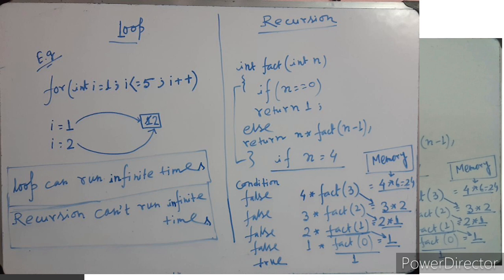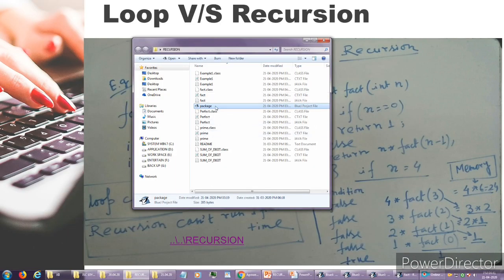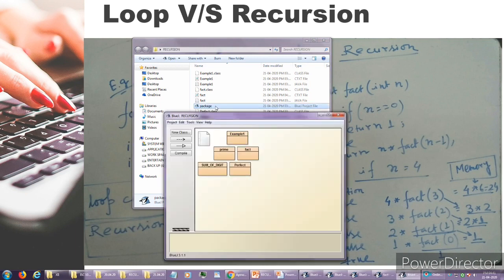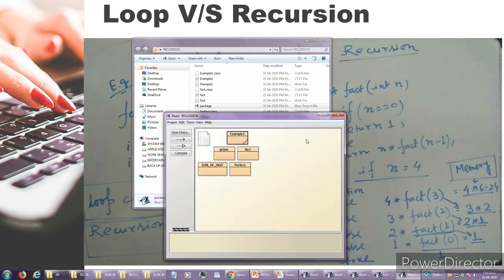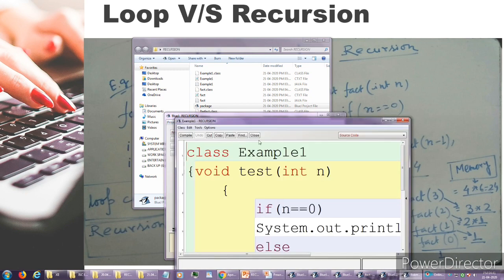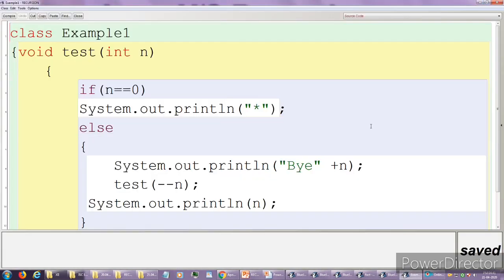So let me explain the special features with the help of some examples. This one is the code, example 1.